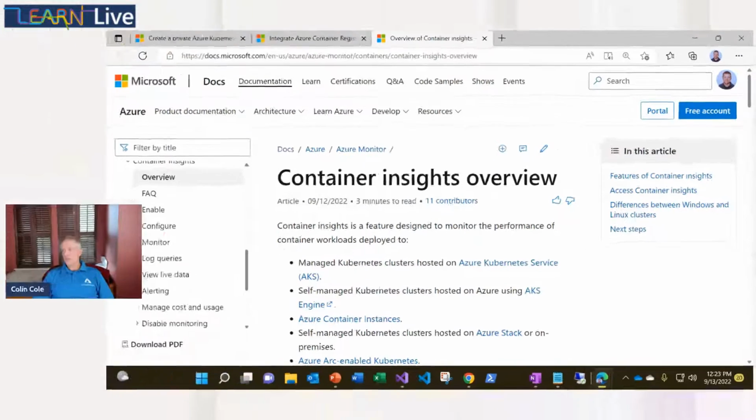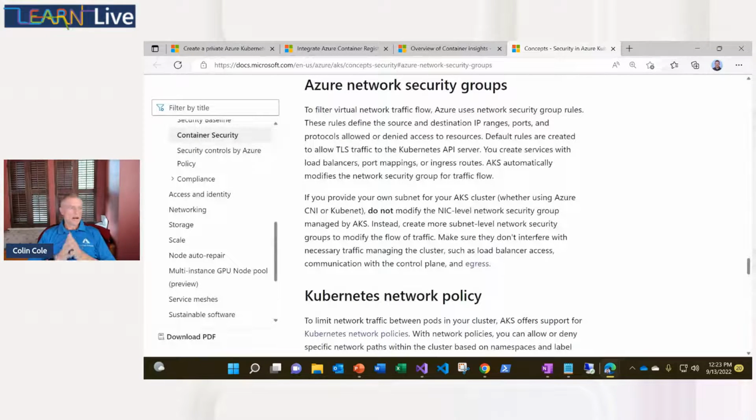And basically, I mentioned earlier that when you're setting up Kubernetes, the agent nodes are going to go into a virtual network that you specify. That virtual network is going to have a subnet. The subnet, naturally you're going to say, hey, can I put in some network security group rules around that subnet so I can kind of lock things down